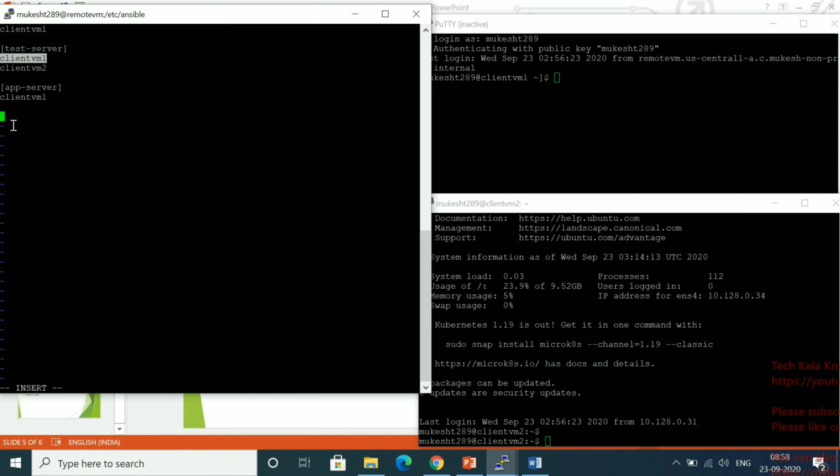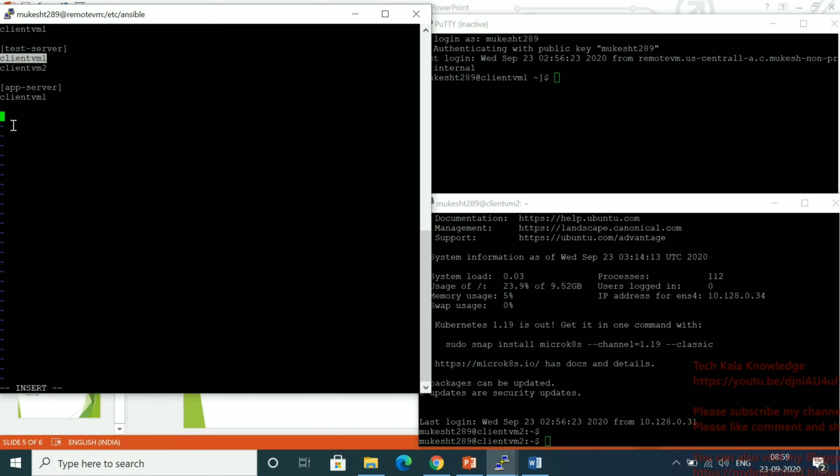In your environment, suppose you have 10 or 20 application servers and 10 or 20 database servers. Suppose you have two tasks: one task you have to perform on the application servers, and one task on the DB servers. So you have to create groups, putting DB servers inside the DB group and application servers inside the application group.